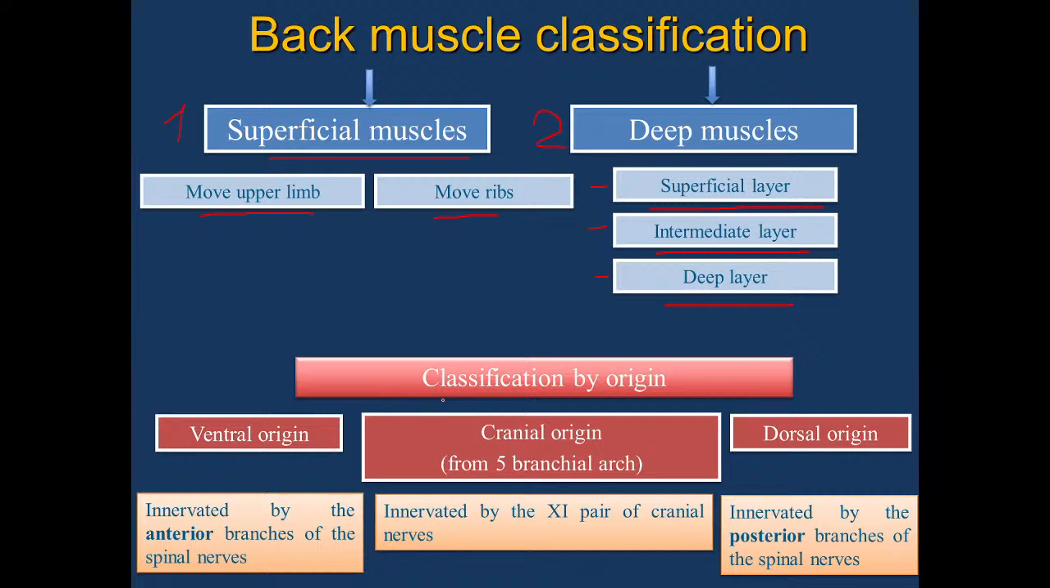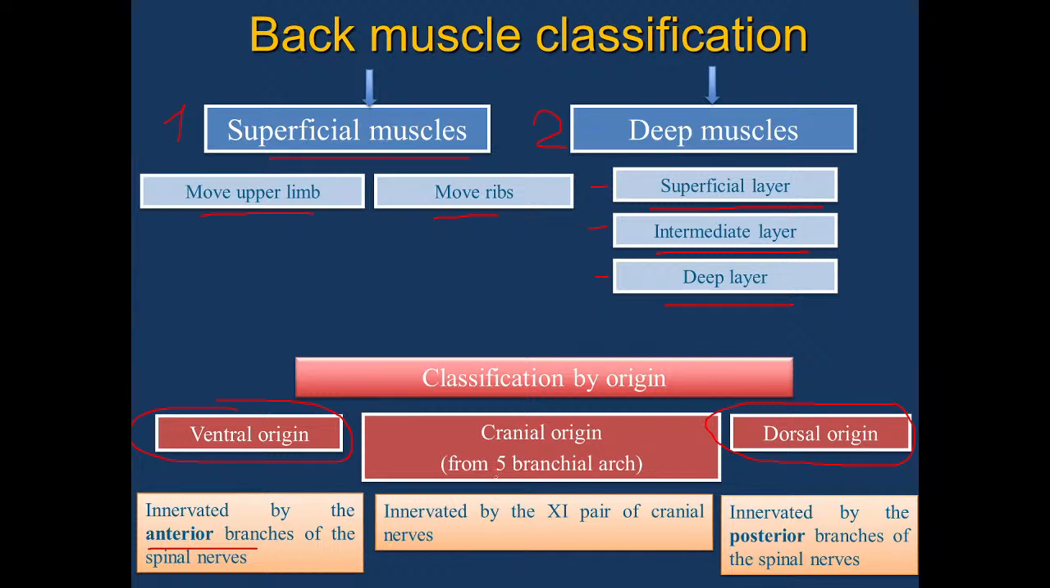Another principle of classification is the classification by origin. And here you see the ventral origin muscles, and they are innervated by anterior branches of the spinal nerves. The second group has dorsal origin. Mostly this is all deep muscles. They are innervated by the posterior branches. And small, only 2 muscles,